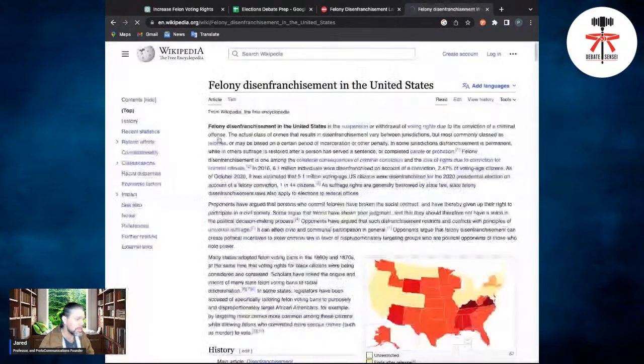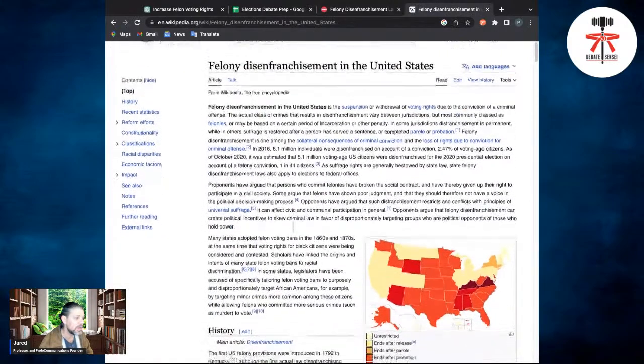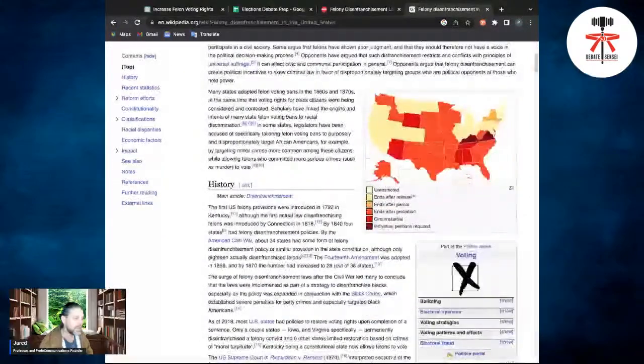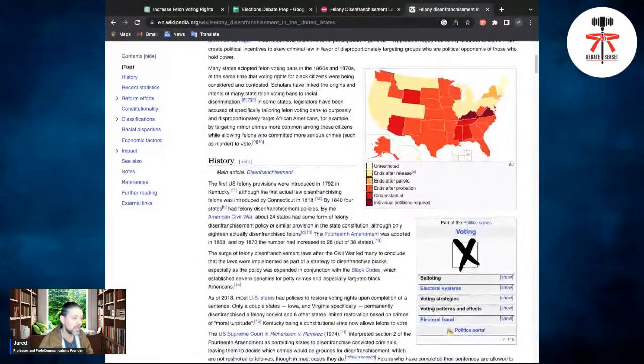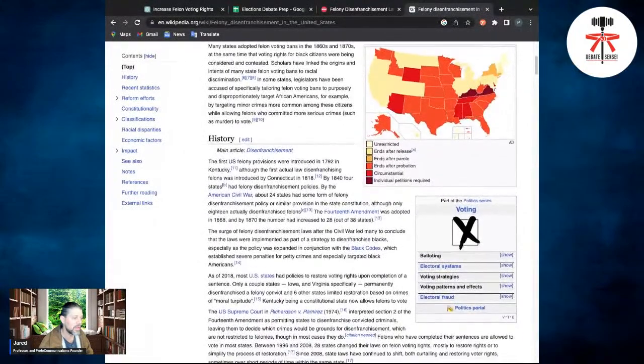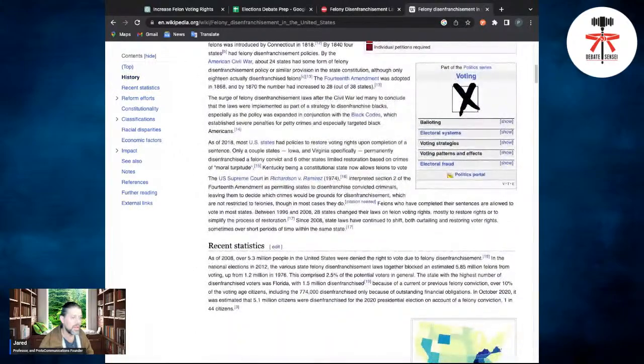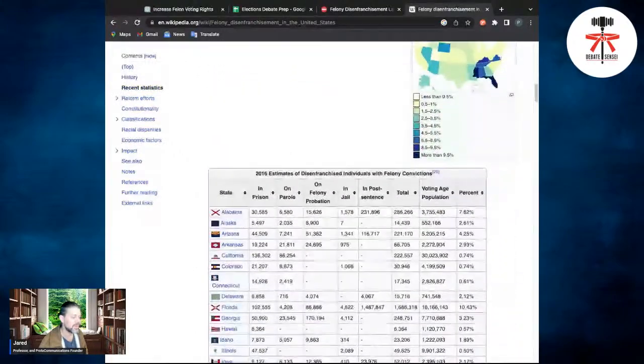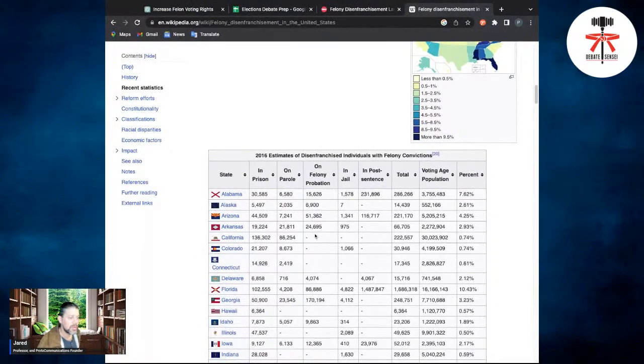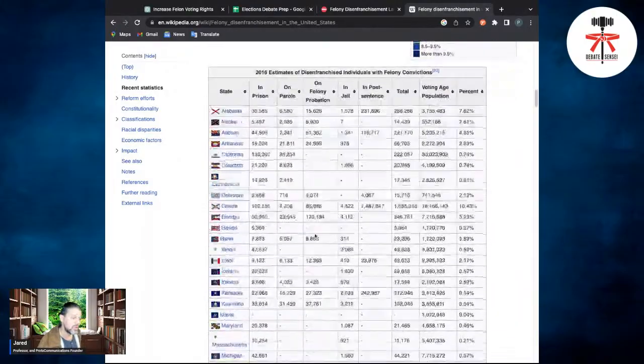Well, let's do a Wikipedia thing. All right, history. Oh, they had the one that's the longest one that disenfranchised. In prison voting population. This is cool.